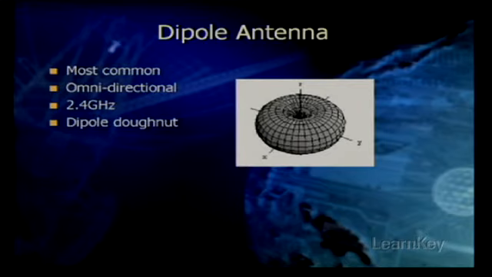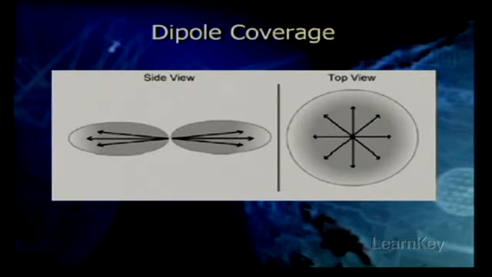more like a pancake, as is the case with very high gain antennas. The dipole radiates equally in all directions around its axis, but does not radiate along the length of the wire itself, hence the donut pattern. Now when we look at dipole coverage, high-gain omnidirectional antennas offer more horizontal coverage area, but the vertical coverage area